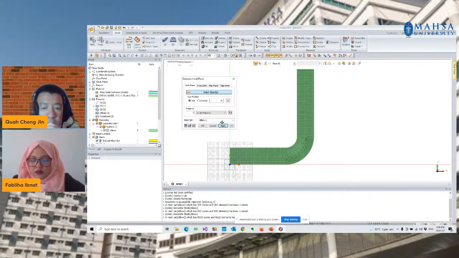So how do you decide what type of cell size? What is the cell size that is appropriate in your CFD analysis? This is something that you will not know at the beginning of the case study. So you will have to pluck it from the sky. Based on your experience, you decide what is the size of the mesh that you need to have.